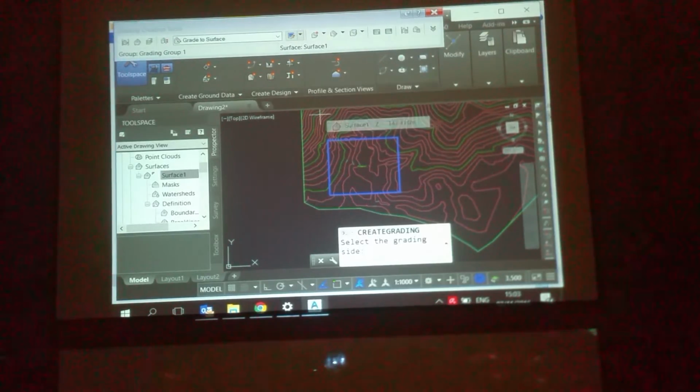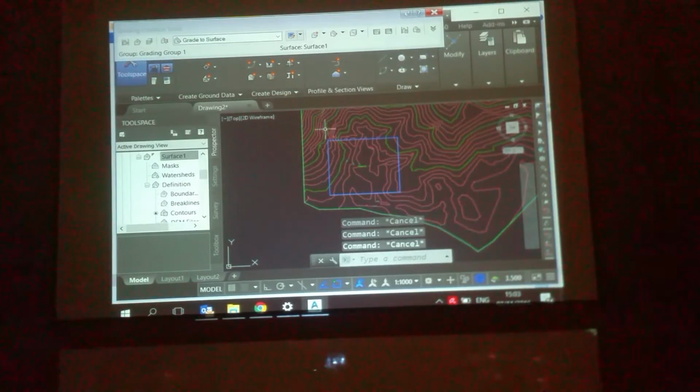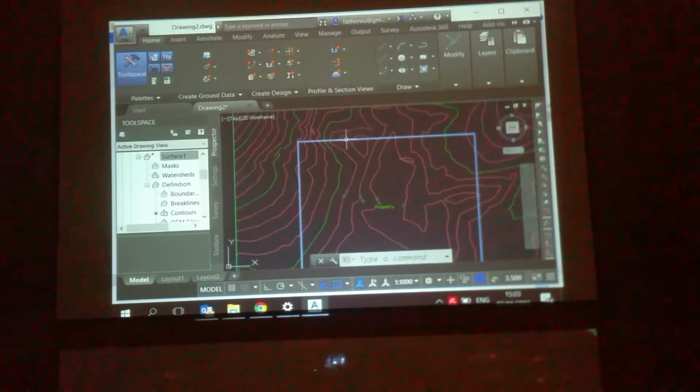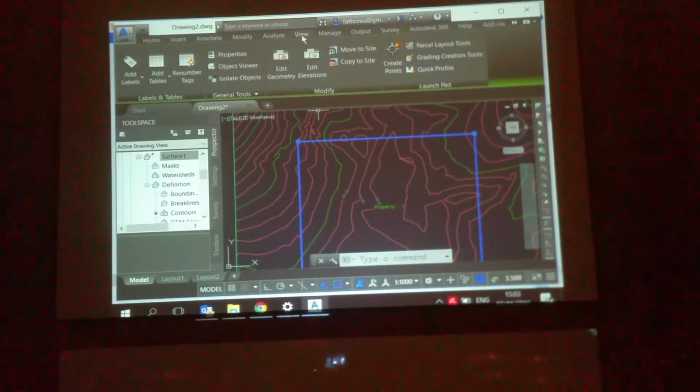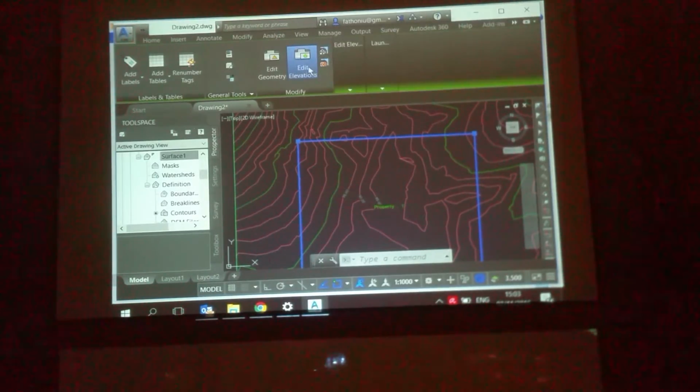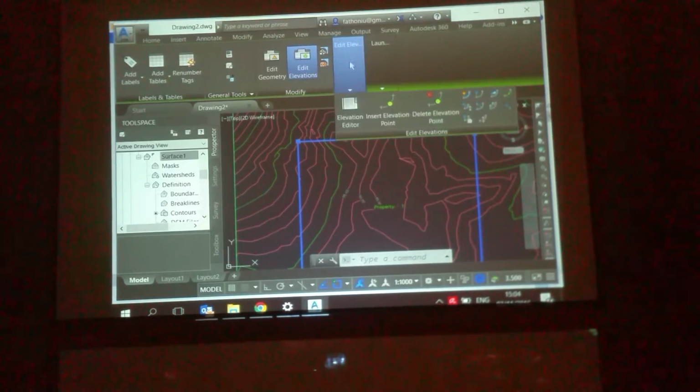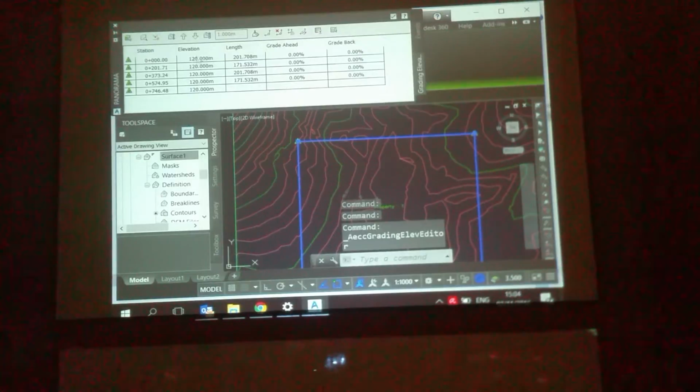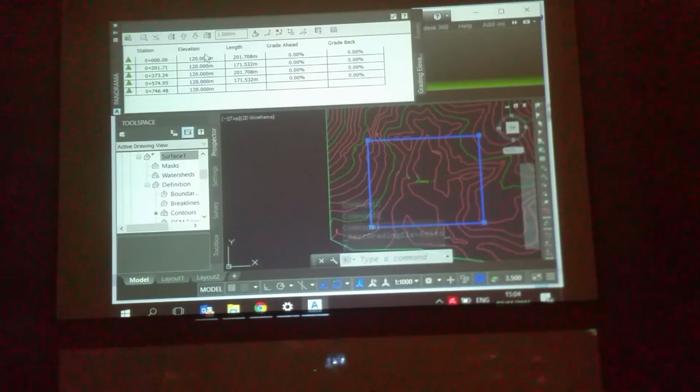Oh, sorry. We don't know the platform elevation, right? So here, check this one. Edit the elevation. Elevation editor. We check, the elevation is 120. You can change it here.